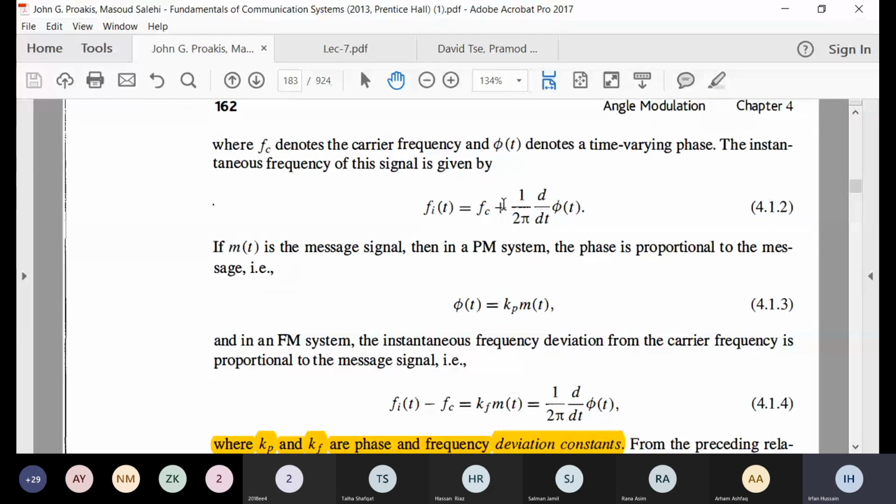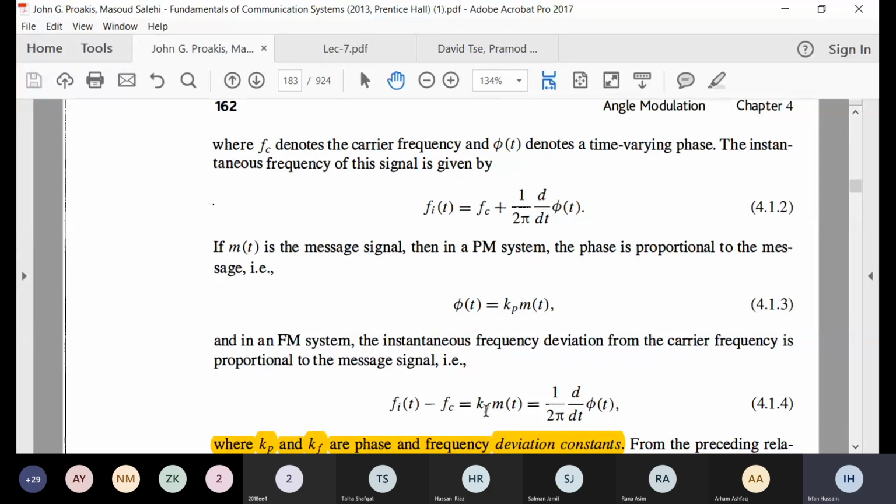Now what happens for FM? The instantaneous frequency varies with the signal. So the instantaneous frequency is the total instantaneous frequency minus the carrier frequency. The frequency deviation varies with the signal. So frequency deviation is the instantaneous frequency minus fc, and this varies with the message signal. So this deviation varies with the message signal,